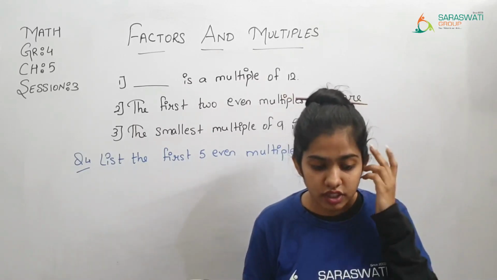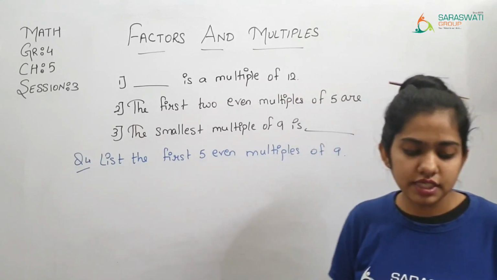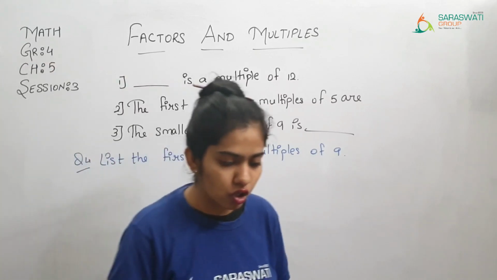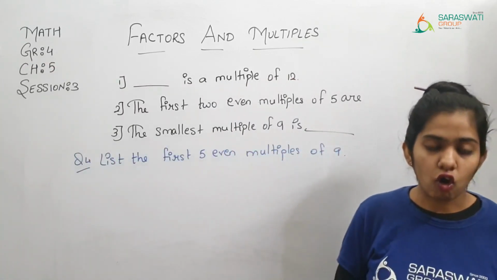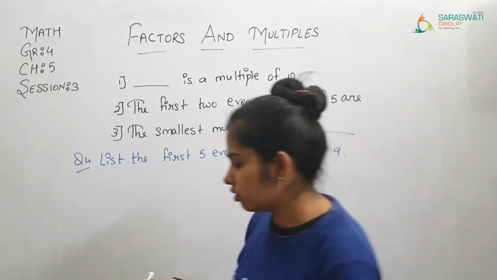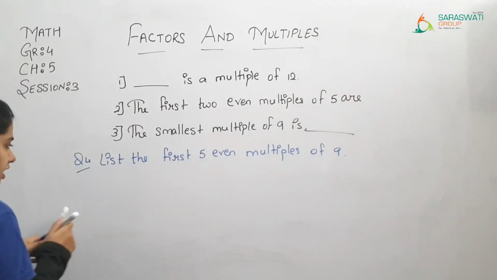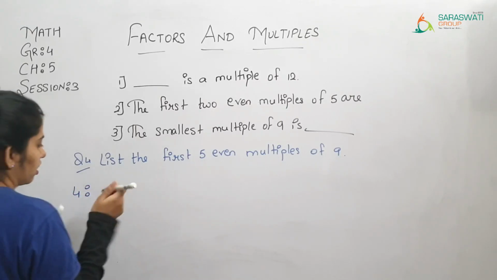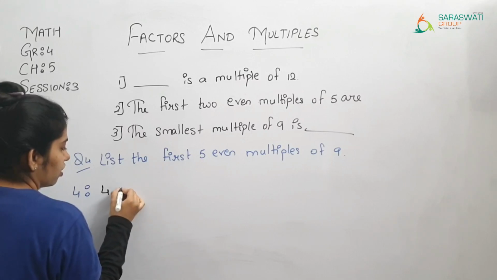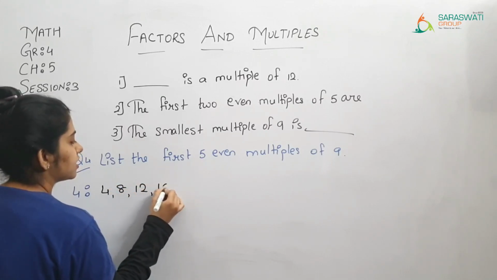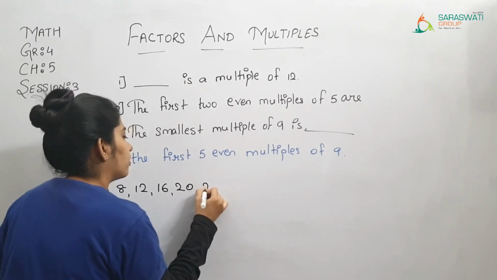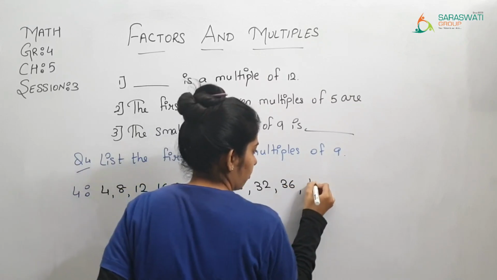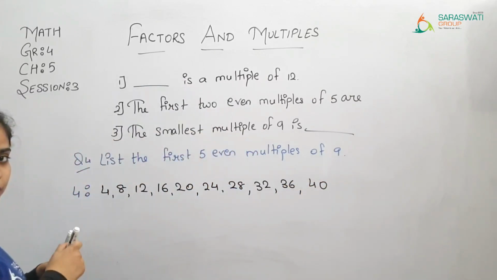Okay? After that, write down the first 10 multiples of 4 and 6. 4 and 6 na first 10 multiples લખો and identify the multiples that are common to 4 and 6. So પહેલા આપણે 4 ના multiples લખીએ. 10 multiples. So 10 સુધી આવશે. 4, 8, 12, 16, 20, 24, 28, 32, 36 and 40. So these are the first 10 multiples of 4.